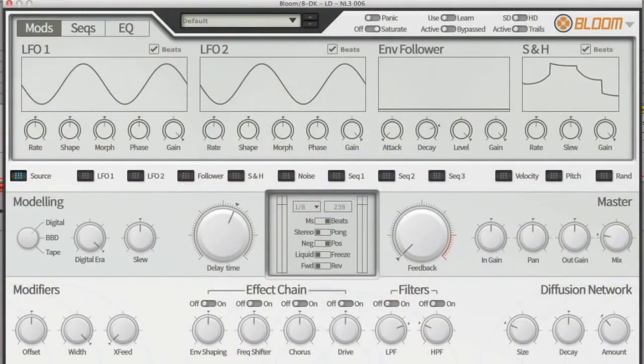So this is what Bloom looks like. As you can see, it's not just any old delay unit, it's a really creative one with built-in modular systems and diffusion for reverb textures, and even some sequencing too. I'm not going to go through each intricate detail in this video, but I'll go through the basic overview and